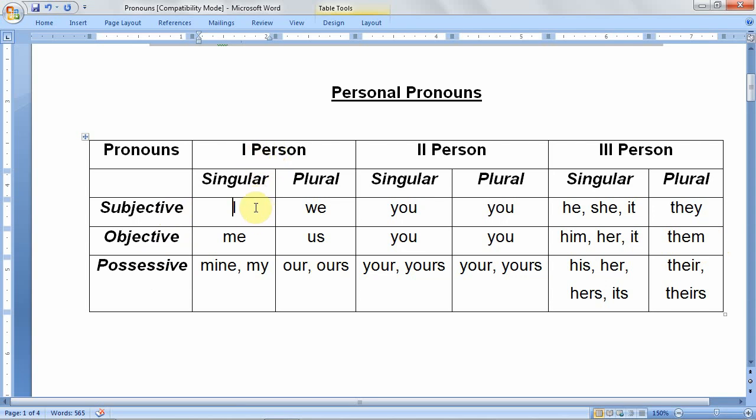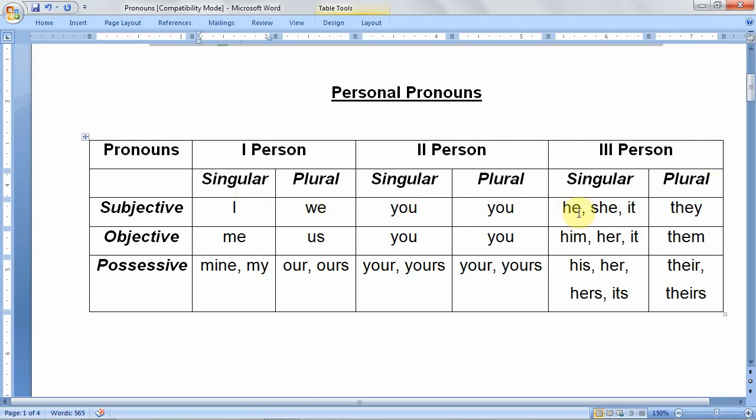In first person we have I. As I am talking to you, I am alone, that's why I am to be considered as I. That is singular. Suppose there are 2 or more teachers who are dealing with you, or 2 people are talking, then we consider them we. For me, you are the second person, either singular or plural, no issue, only you is used here. Suppose you are the first person: if you are alone there, then you are I. If you are there with your friends, then it is to be considered as we.